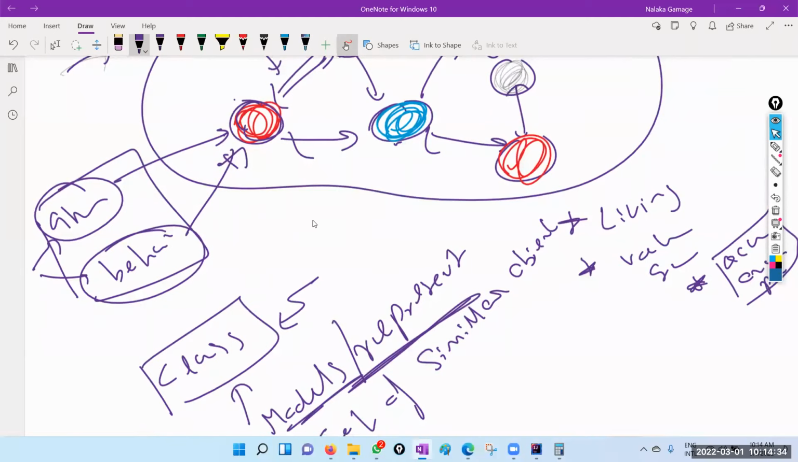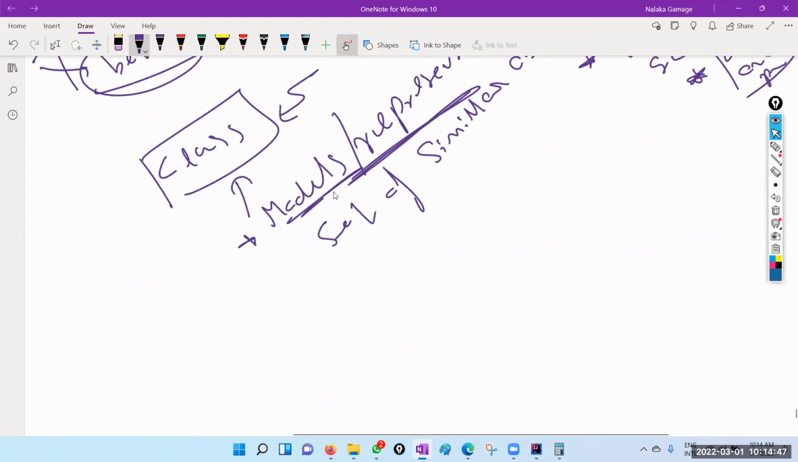Your customer class models all the customer objects. Your payment class represents all the payment objects. Your order class represents or models all the order objects. So then the second part of the definition is your class can act as